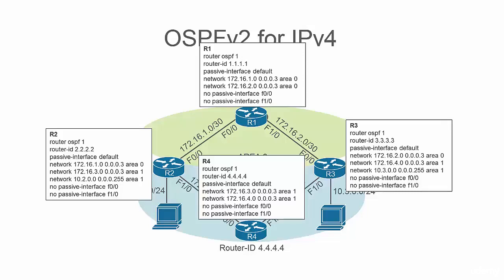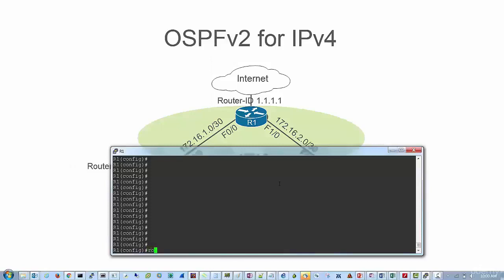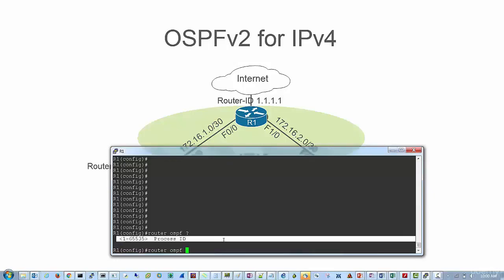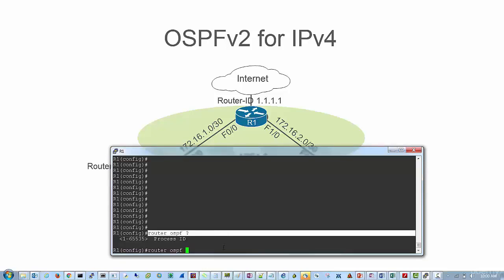Alright, let's get started with R1. So first we're going to say router ospf, and then if I do question mark, we can pick a process ID, not to be confused with an autonomous system like in EIGRP. This value is a local value, meaning that it can be different between the OSPF routers. It does not have to match with our other OSPF neighbors. So we're going to just pick one,